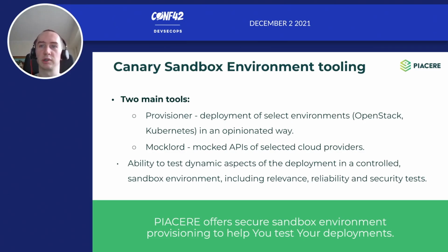So you have this one click, one button way to deploy your OpenStack cloud, your Kubernetes cloud, so that it can be used by the rest of the framework. So this is mostly for the testing and development aspect of the framework. And the other tooling that we are working on and we are proposing in PIACERE is